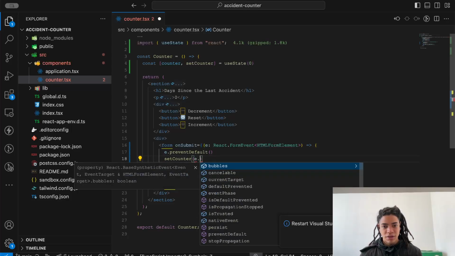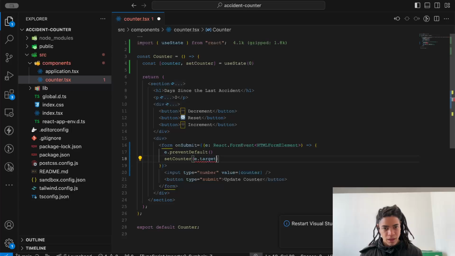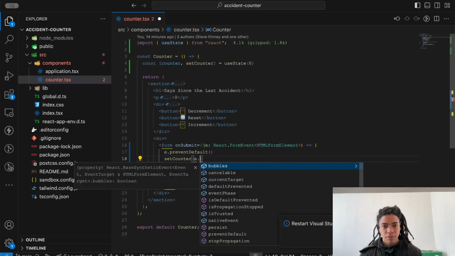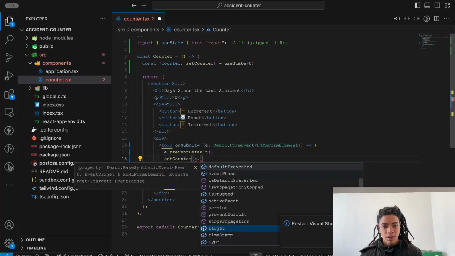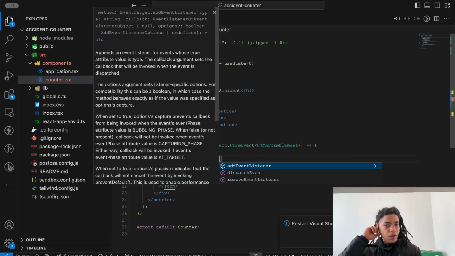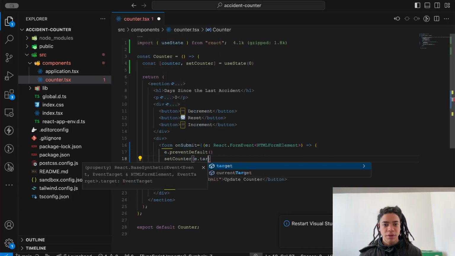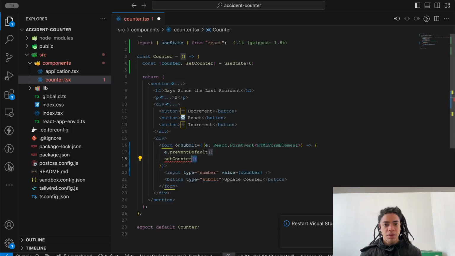The event contains the target here. And you can hint that I want you to add something here. But you can say, anytime we submit this form,